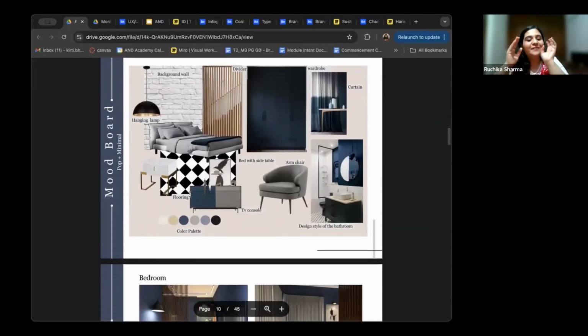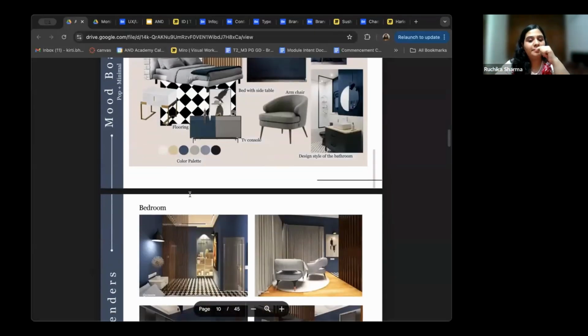And then eventually they come to a point where they decide what color they should be putting in. If the bed is in place, what exactly should be the color of the bed? What exactly is the kind of light I want to put in? Do I want to change the flooring? If yes, what do I want to do with the flooring? What do I want to do with the ceiling? What sort of colors can I play with collectively? If I have fixed one, maybe the client has a favorite color. So what is it that I can use besides this color to make sure that his needs get met and the mood of the space is also the exact kind that he wants?